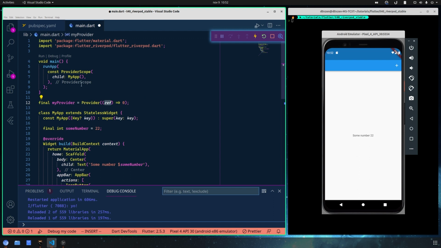So yes, now if we want to call my provider, we will get this value here because it is the value that we have defined. So we are not forced to define the type of value that we are returning, and you can return simple values, for example, like integer or string. It is not like the previous package provider where you had to define a special type